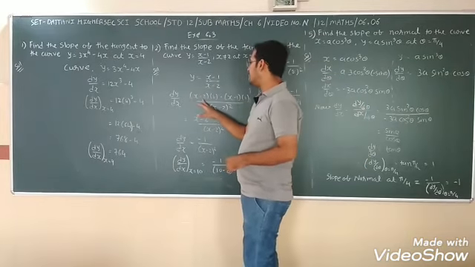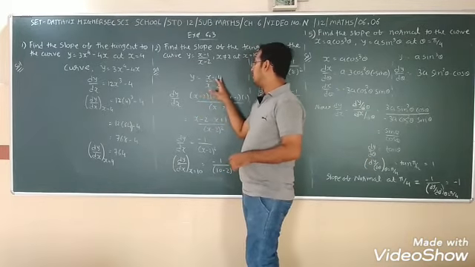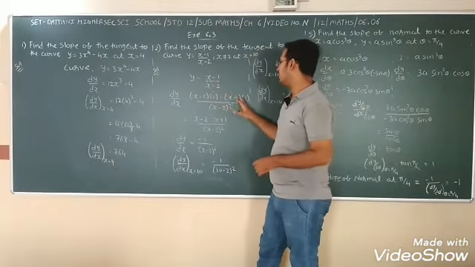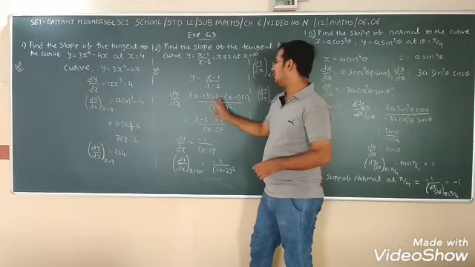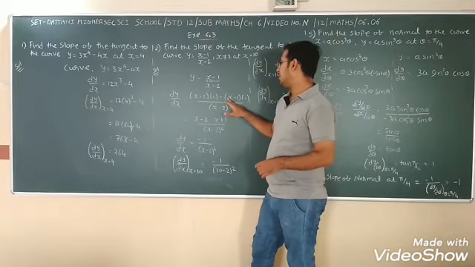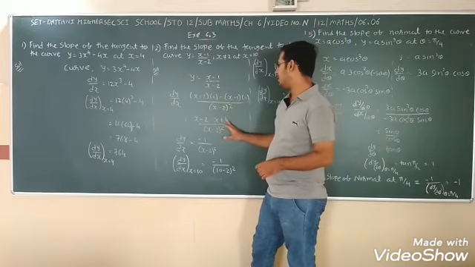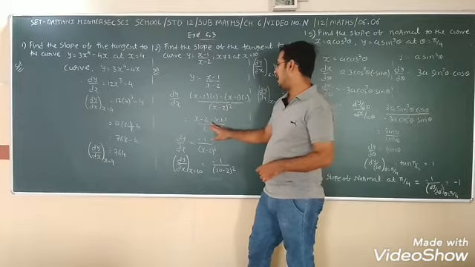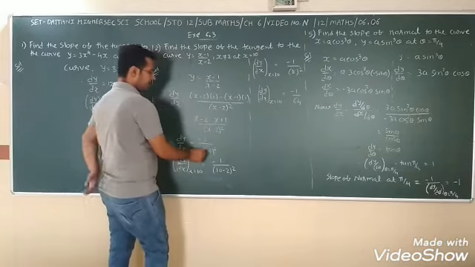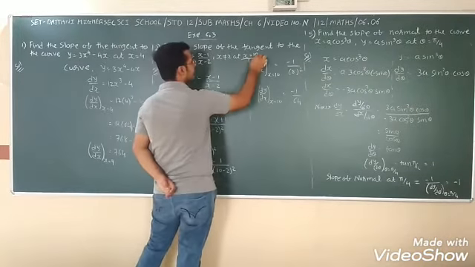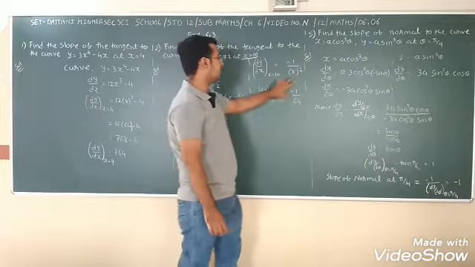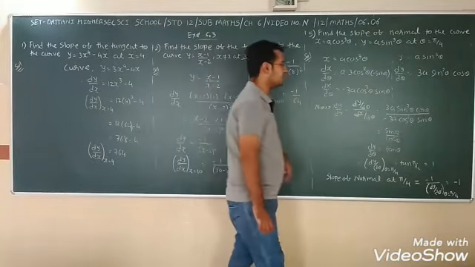So here the denominator x minus 2 as it is, derivative of x is 1, and derivative of 2 is 0, so 1 minus 0 is 1. Minus numerator as it is, times the derivative of the denominator, which is 1. Multiplying by 1 gives the same. So we get (x minus 2) minus (x minus 1), which is x minus 2 minus x plus 1, that is minus 1, upon (x minus 2) whole square. Here x is equal to 10, so 10 minus 2 is 8, 8 square is 64, so the answer is minus 1 upon 64.